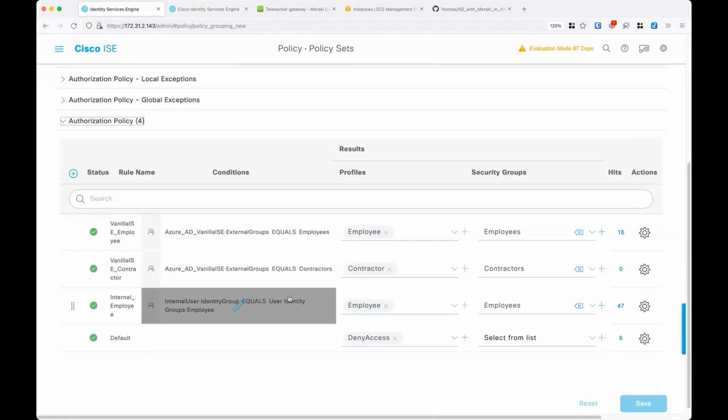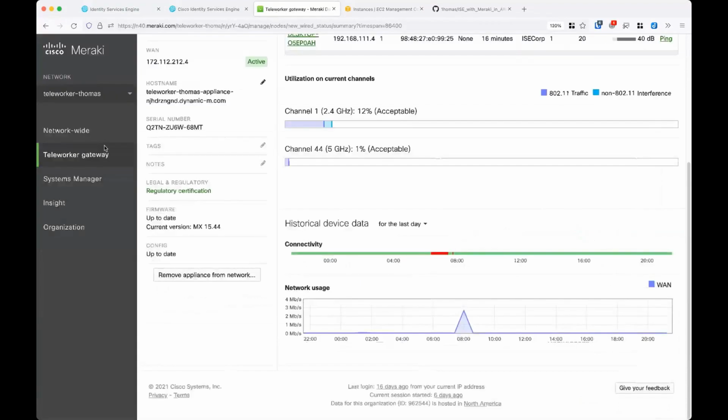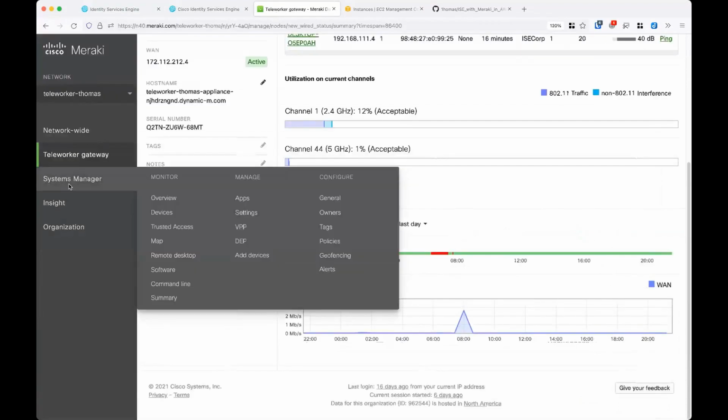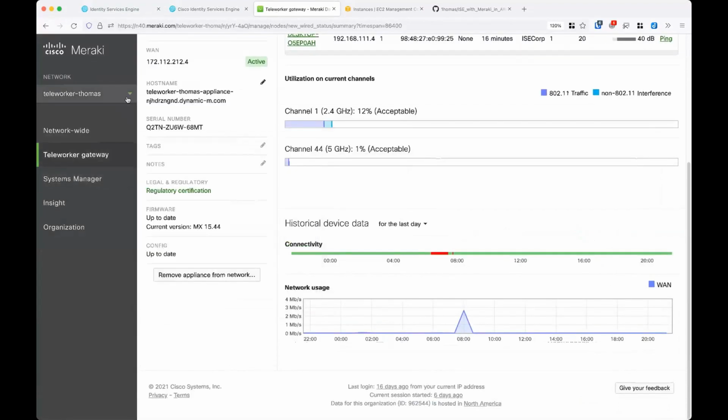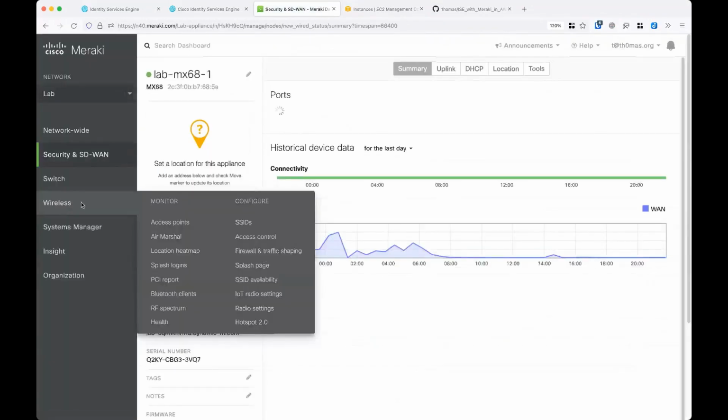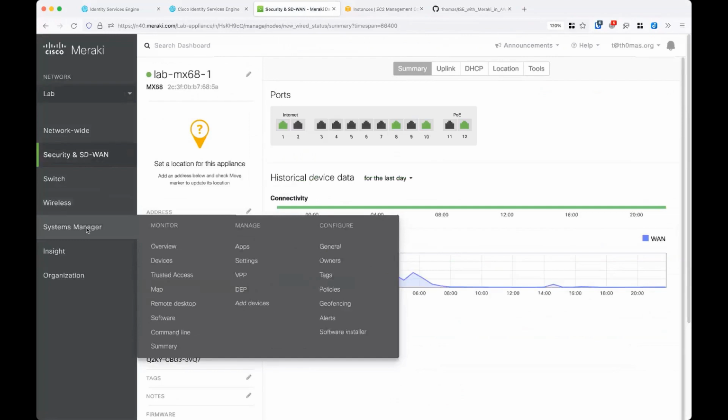So last thing, oh, we've got to show you Systems Manager before I forget. I knew there was something I was forgetting. Okay, so Systems Manager, let's go into our lab. That's where the Meraki access point lives. And let's go to Systems Manager. And what I did to provision my